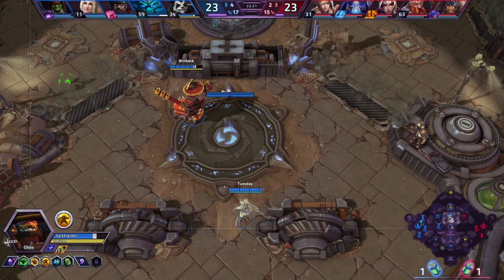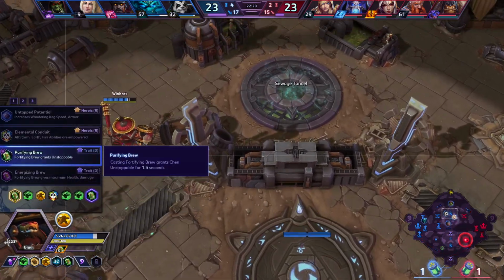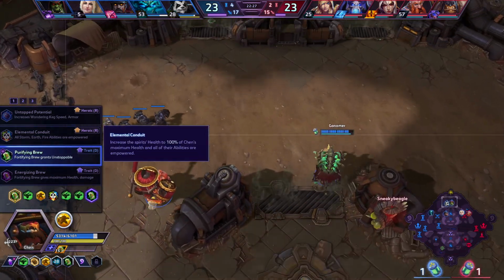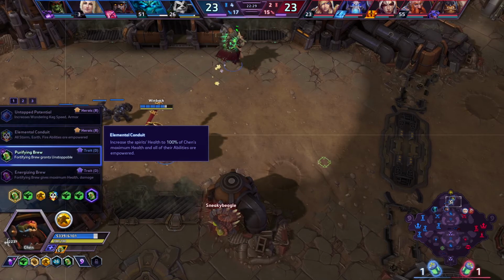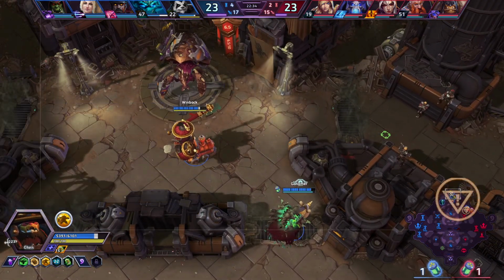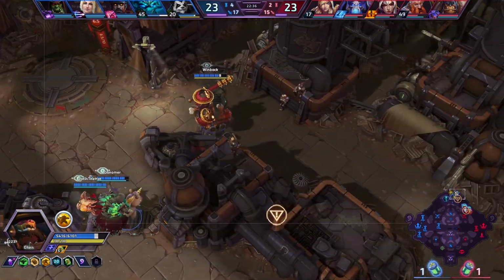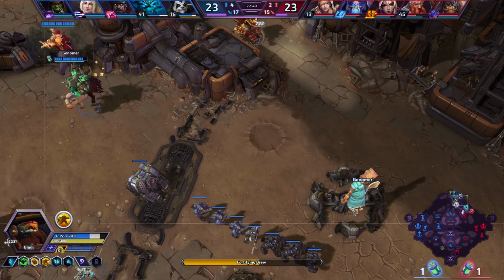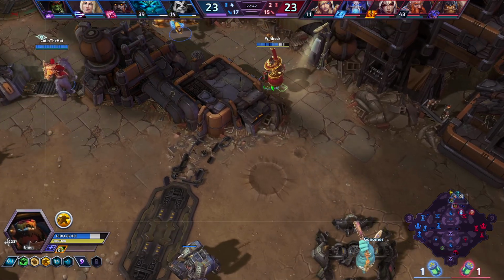Gross. Oh, yeah, that Fortifying Brew, man. I mean, Purifying Brew. It's good stuff. Elemental Conduit, also really good. Keeps your buddies alive for longer. And then all of the abilities are empowered. So they're always going to root. You're always going to get a big shield. And you're always going to get permanent attack speed and move speed, which is good for the panda buddies. But